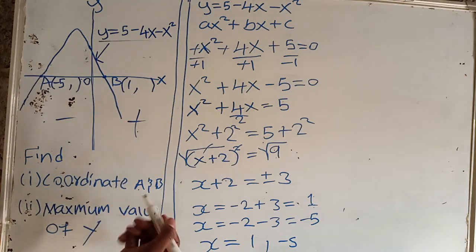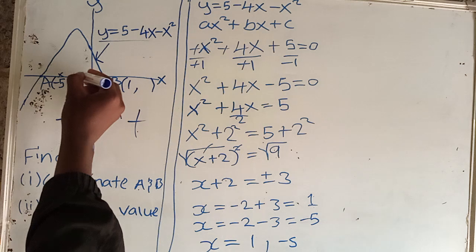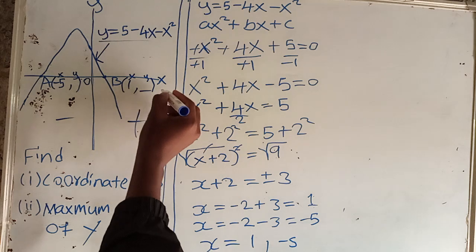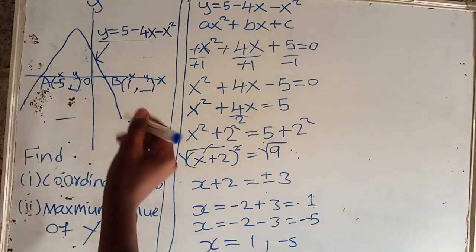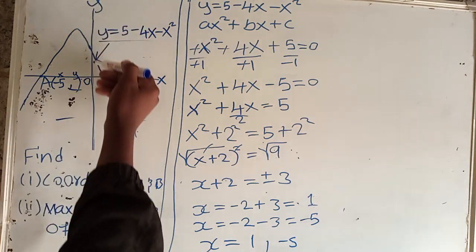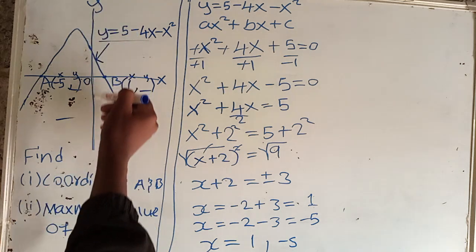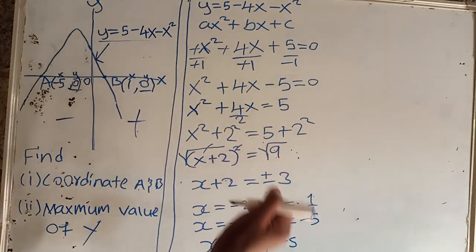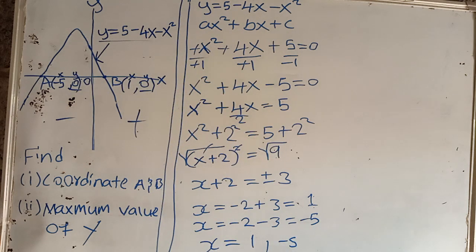Remember, they have said the coordinates, so we have to put them in coordinate form. So this is x, and here there will be y. Same here, this will be x, and here will be y. So this space is for the value of y. So the value of y is the point at which the graph cuts the x-axis. So it is at 0. So here it will be 0, and here it will be 0. This is how you do it. So to find the maximum value of y, we are going to use the formula